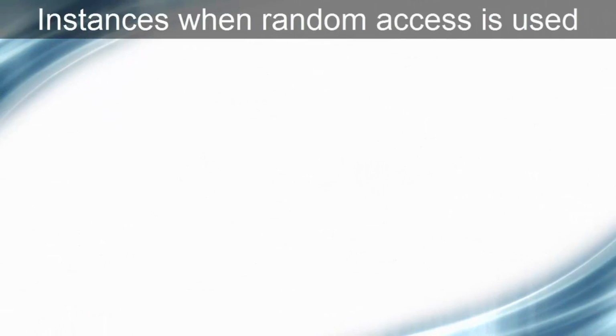Till now, we discussed only one case in which random access was needed. That was initial registration after boot up. But there are many instances when random access is needed. These instances are